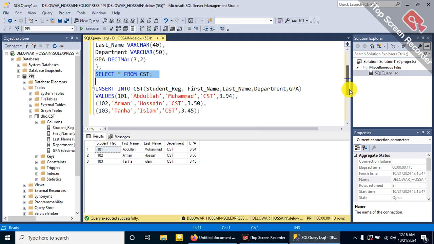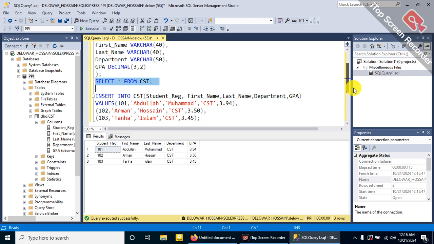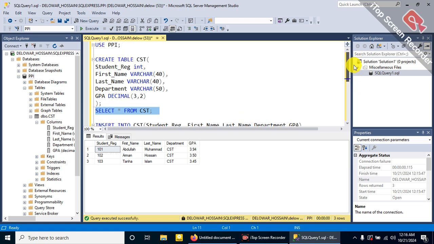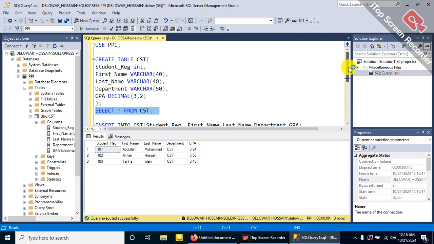Okay, so in this video we have learned how to create a database, how to create a table and how to insert data. And in our next video we will learn something more about databases. We will learn how to delete, update, and also how to assign a primary key,